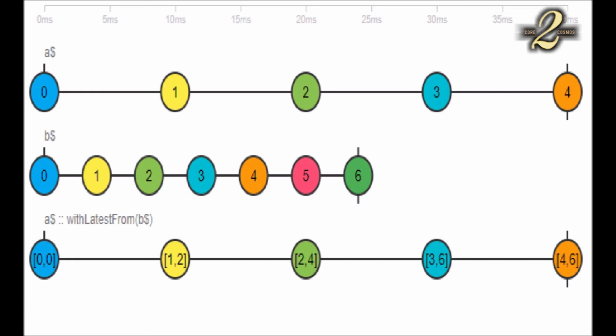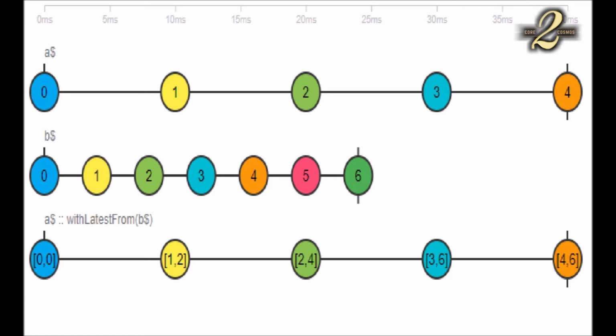At the 7th millisecond, observable B emits the value 2. By that point in time also, we are not getting any result at the bottom. At the 10th millisecond, we see that observable A emits the value 1. By that point in time, in the result set, we get the values 1, 2. 1 is the latest value emitted by observable A, and 2 is the latest value emitted by observable B.